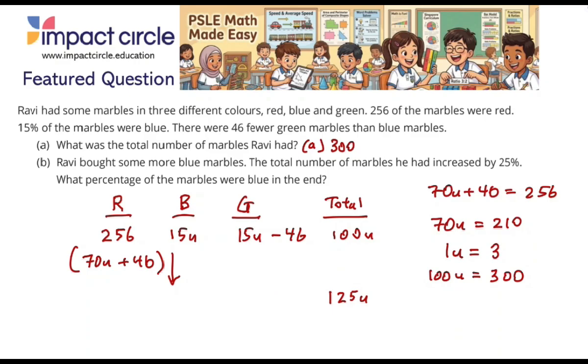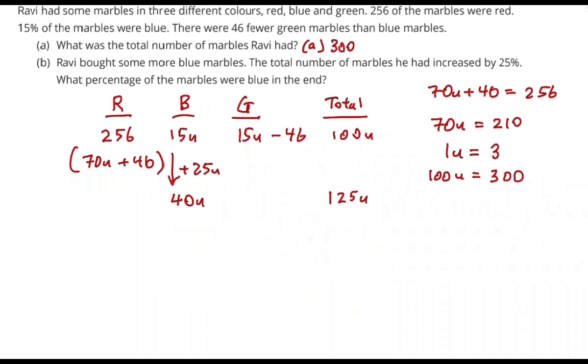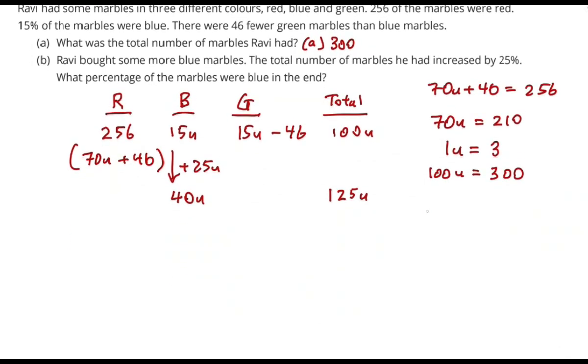Okay? And all of this increase, which is 25U increase, would be due to the increase in the blue marbles. This means that at the end, the blue marbles would be 40U. Okay? So it is not necessary, in fact, to find the red and the green, because all we are asked is what is the percentage of the marbles that were blue at the end. So we know that the percentage of marbles that were blue at the end would be the number of marbles that were blue divided by the new total